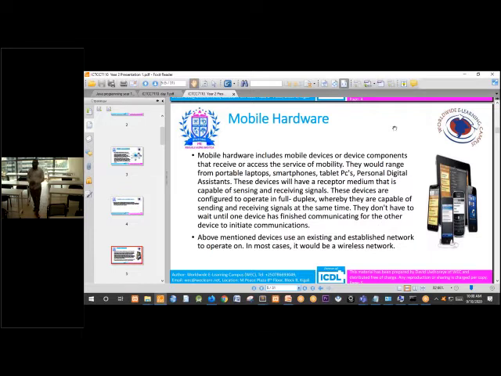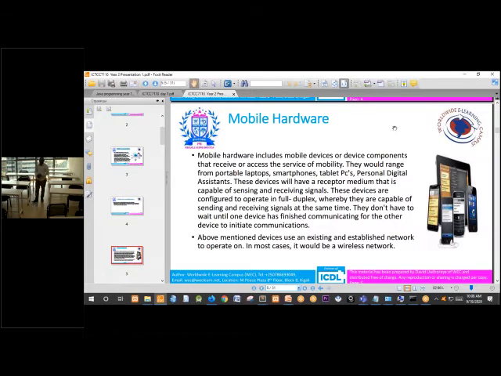They range from portable laptops, smartphones, tablets, PCs, personal digital assistants, and so on. All mobile devices can be included in the hardware component of this mobile communication.